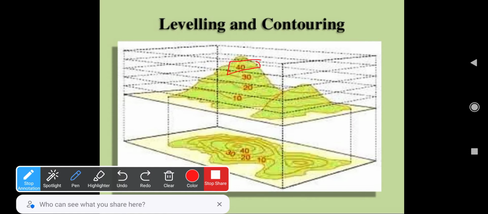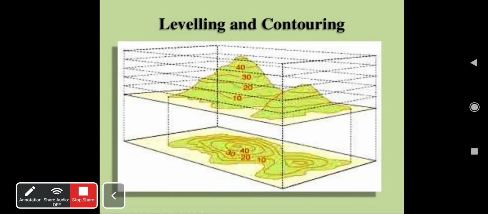How much at 30 feet, how much at 20 feet? Like that we are going to do the labeling, which will indicate how much real mountain exists over there.